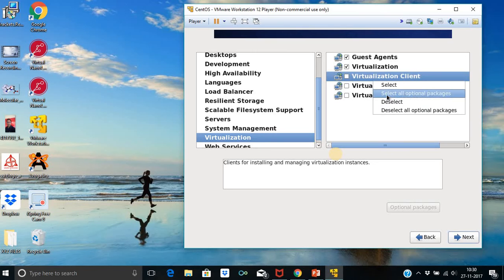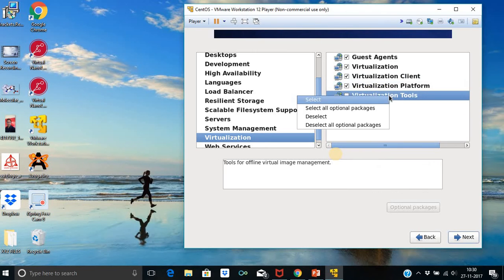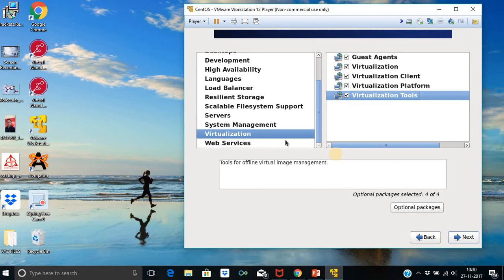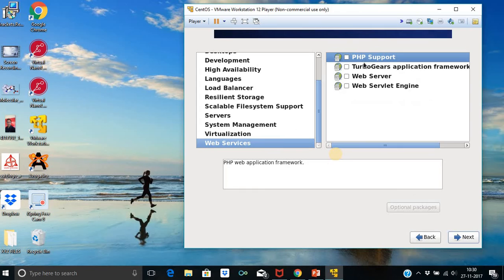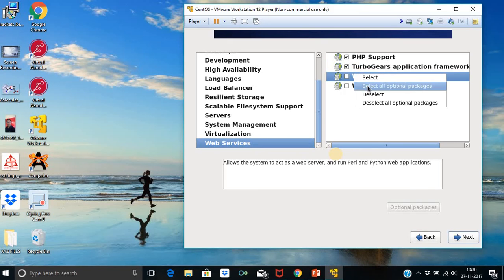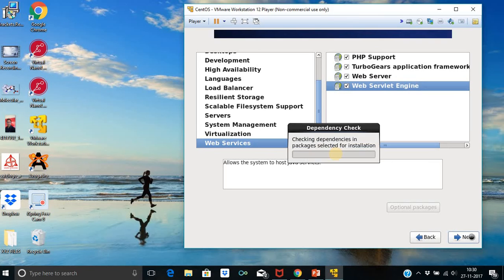I am using virtualization on Windows 10, but we can also use it in the Linux operating system. So the final last one is the web services. Now we have selected almost all important packages, and then push the next button.